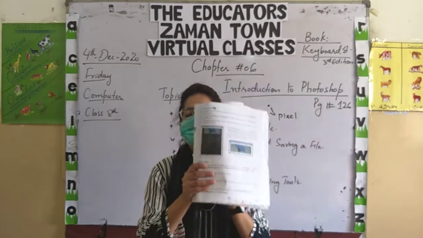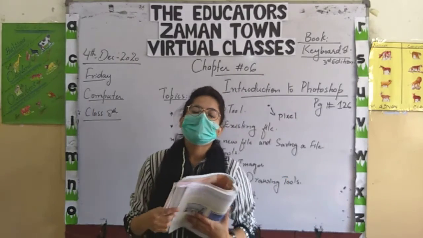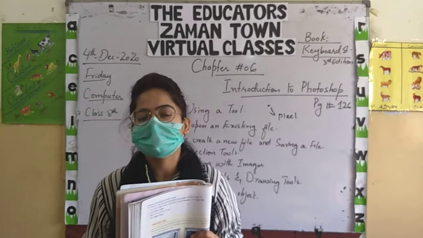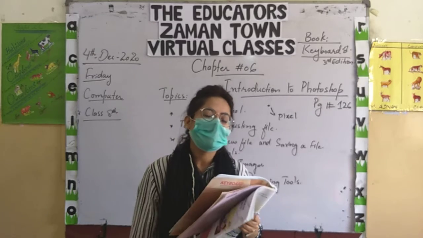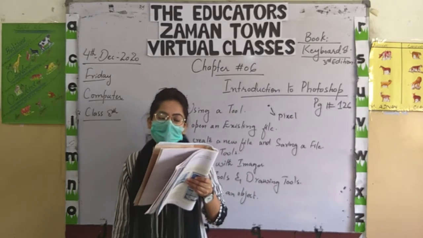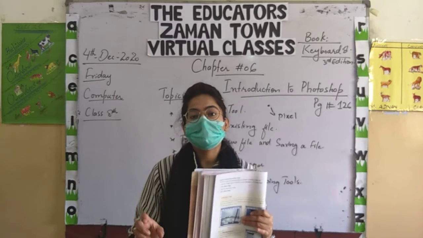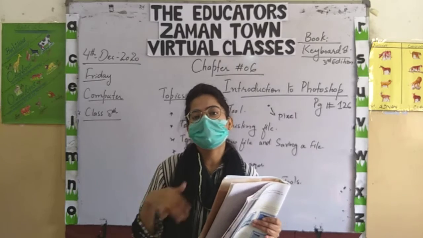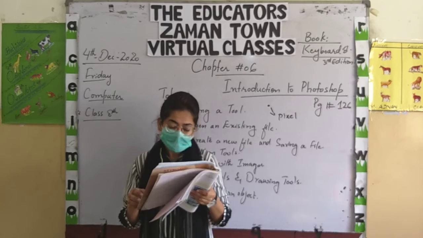Then we have this option, cropping an image on page 133. Cropping means if you want to cut any unwanted area from your image, then you will use cropping an image. You want to remove unwanted areas, then you will use cropping an image. Cropping an image works in a rectangular shape. Means it provides us a rectangle. Then select the part which you want to display, and it will cut the rest of the area by using cropping an image.